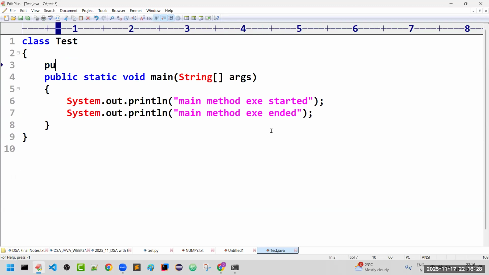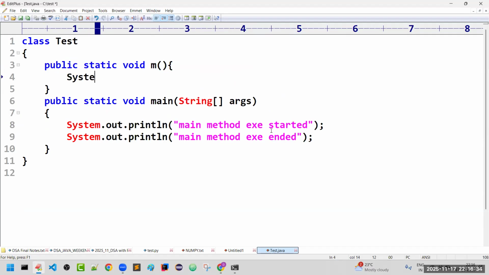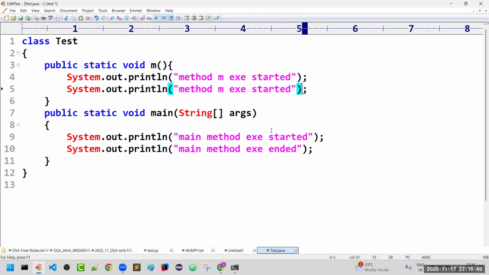And here I'm taking one more method with the name m. So what is the message that I'm keeping here? System.out.println: method m execution started, and method m execution ended. Like this I'm taking. Now my question here is,